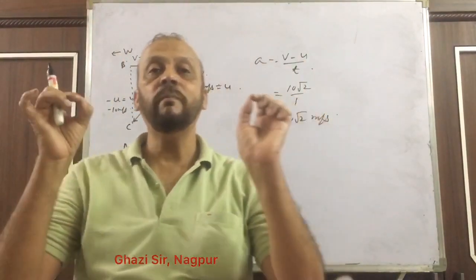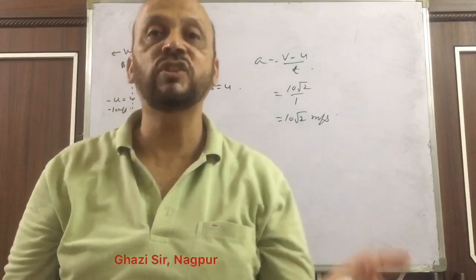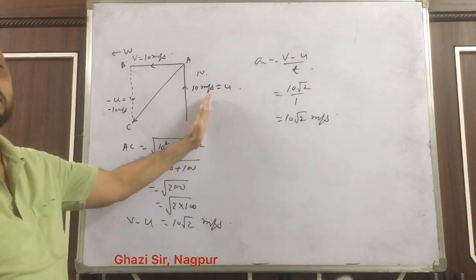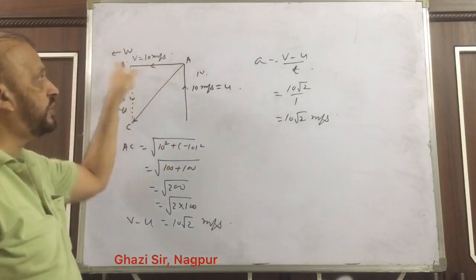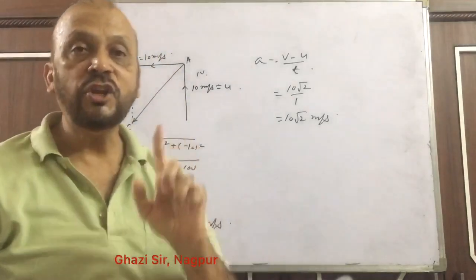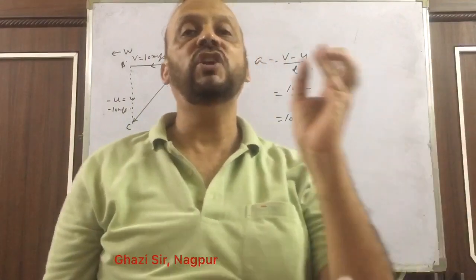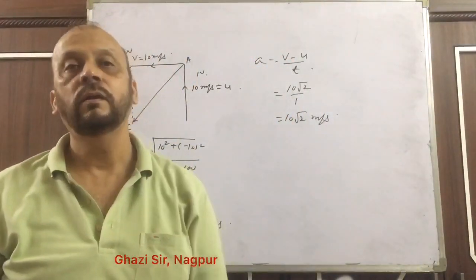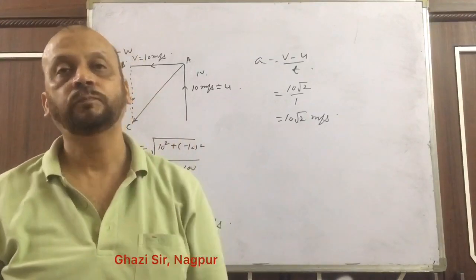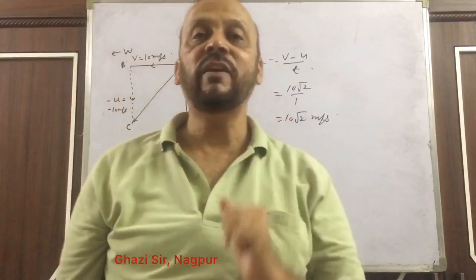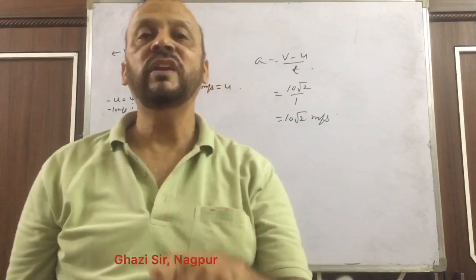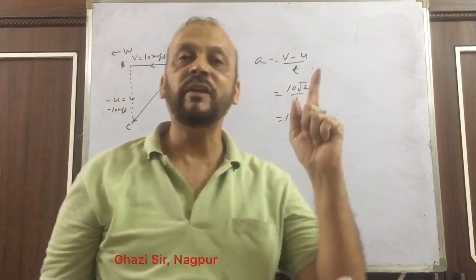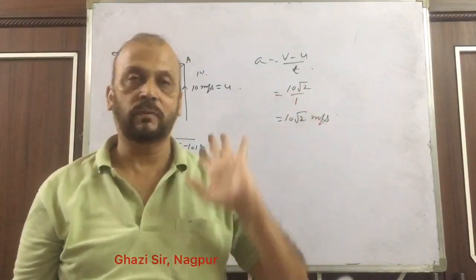So in this case, the magnitude of velocity, that means speed, is not changing. It was 10 meter per second, 10 meter per second. Only direction has changed. So due to change in direction of velocity, acceleration is produced. And acceleration is a vector quantity, so it must have direction also. So if velocity is increasing in a linear path, then acceleration will be in the same direction in which velocity is increasing.